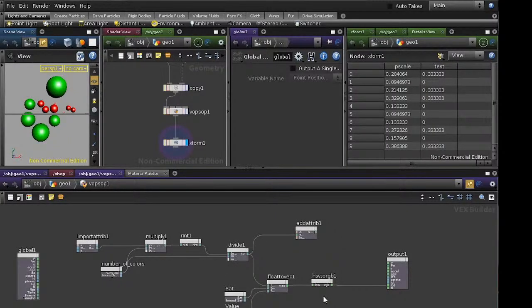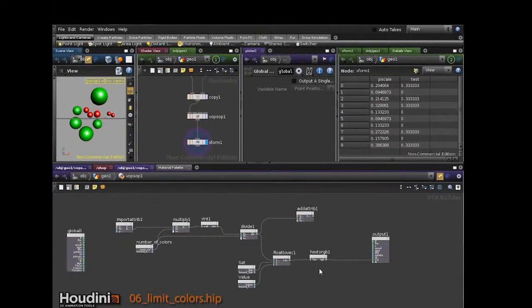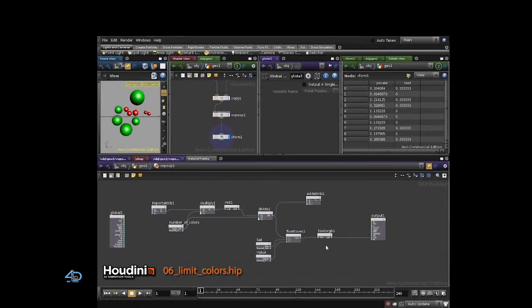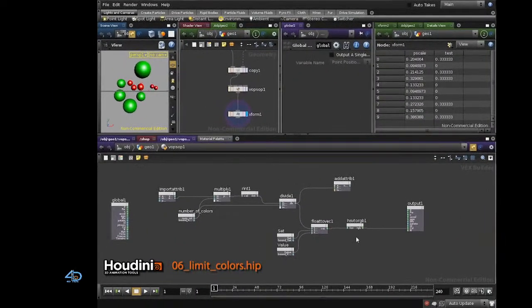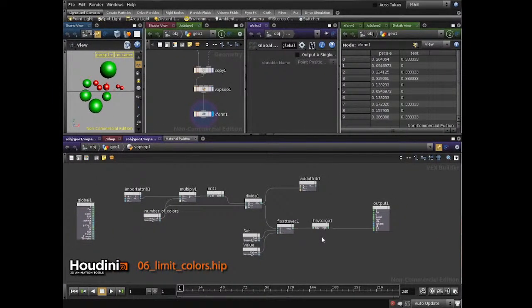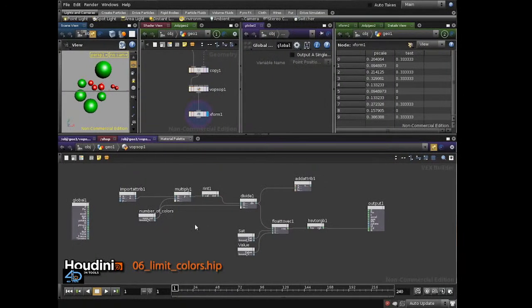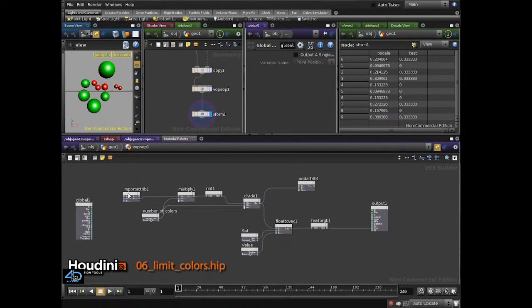Okay, so in part 4, the first thing I want you to do is open up the file 06limitcolors.hip, and that'll get us all on the same page so we can start this together. Okay, if you take a look, this is exactly what we did last time. We're importing this p-scale attribute. We're limiting the precision right here with this multiply, round, and divide range, and we have this node that's called